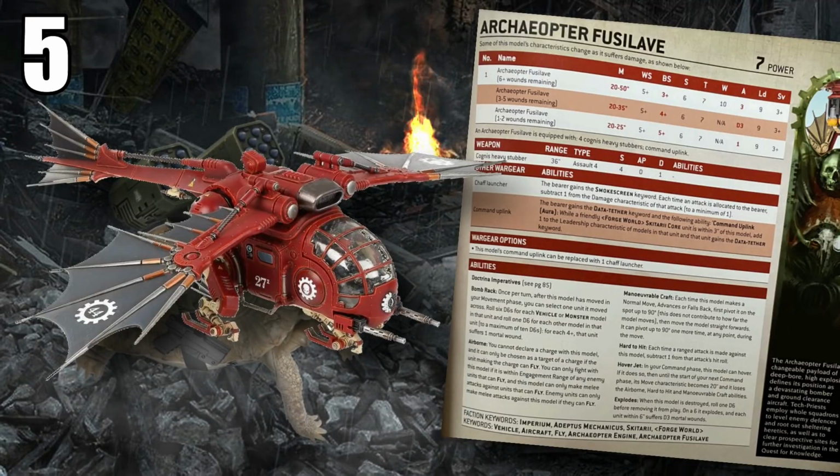Coming in at a mind-boggling toughness of 7, alongside a 3+ save and 10 wounds, which is a good wounds characteristic to have because it means you only give up 1 victory point on Bring It Down. The Archaeopter Fuselav is one of the most efficient and resilient flyers in the entire game. They are only 130 points apiece, up to 150 if you elect to take their shaft launchers, which